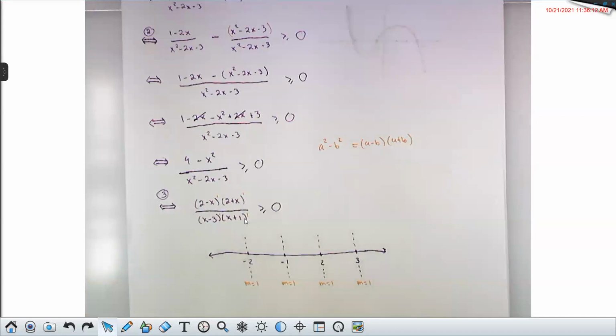But in order to fill that out, I need to know whether we're starting off positive or negative. If this is a plus here, then this will go plus, minus, plus, minus, plus. And if this is a minus over here, this will go minus, plus, minus, plus, minus. But I need to know. I think the best place to see it is from here.